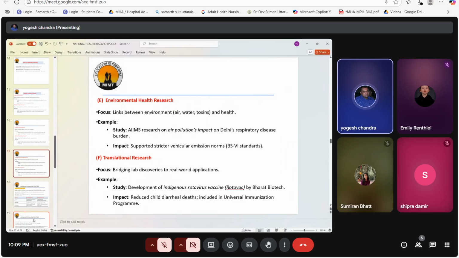ऑलरेडी आई हैव टोल्ड यू व्हाट एवर द रिसर्च गिविंग इन योर रिसर्च और recommendation is give